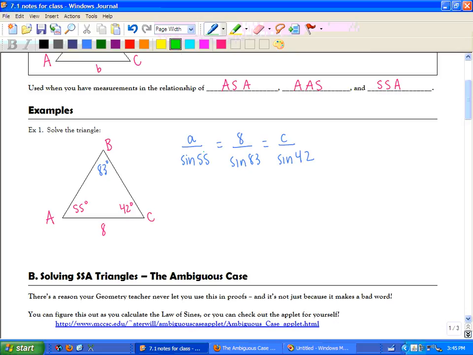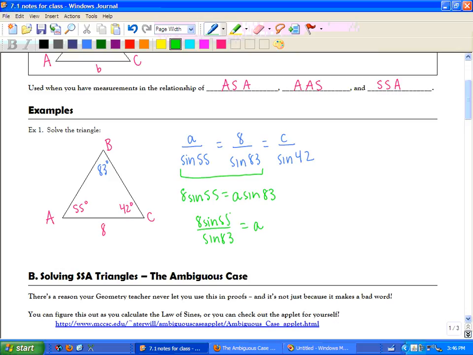So if we go with the first pairing, if we cross multiply that, we'd have 8 sine 55 equals a sine 83. So from here, divide both sides by the sine of 83 to get the little a by itself. And you could change this left-hand side into a decimal and figure out what the sine of 83 is as a decimal, but the more you round, the less accurate your answer is going to be. So if you can keep it in this format,